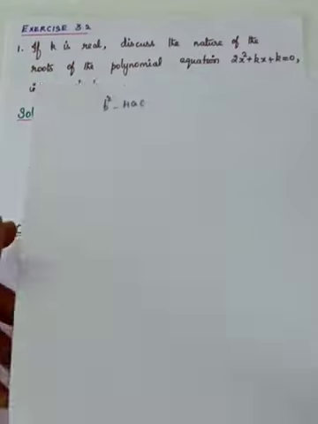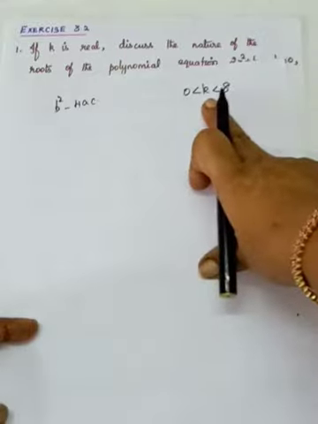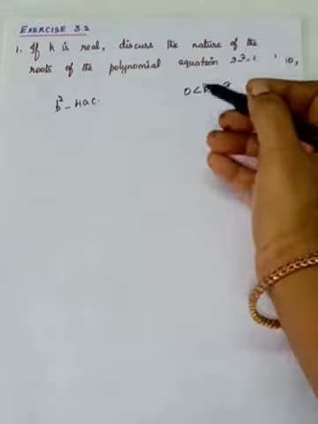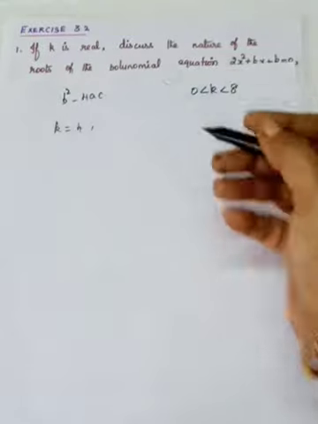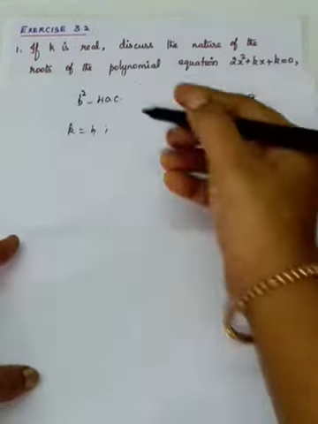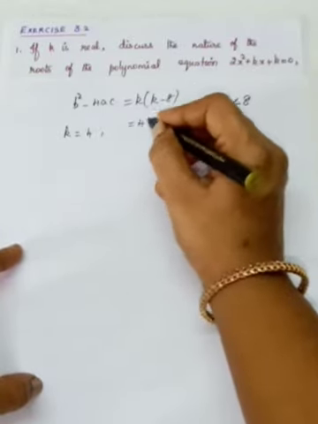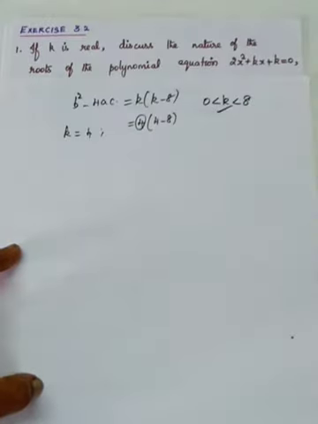Okay, so see now, 0 less than k less than 8. In the second case, we have taken 0 less than k less than 8. Here k is positive, because k is greater than 0. But it should be less than 8. So we'll take one number, k is equal to 4. So the discriminant value is k into k minus 8. So you will have 4 into 4 minus 8. So here the first factor is positive because we have taken k is positive.